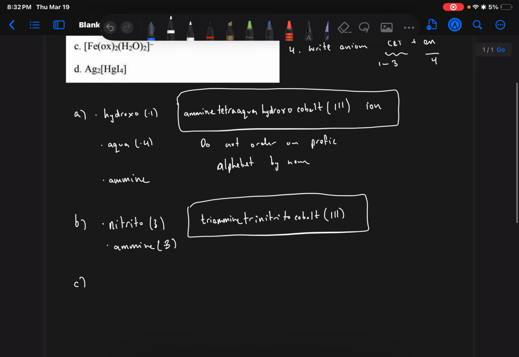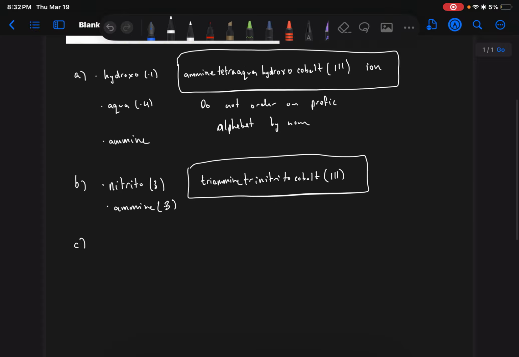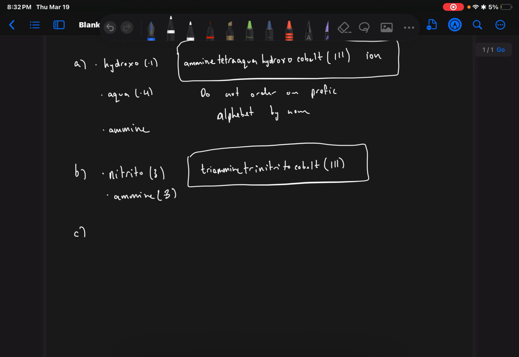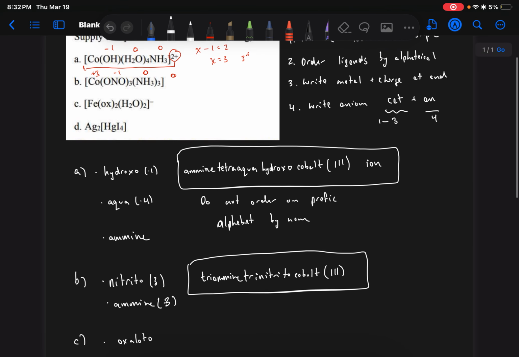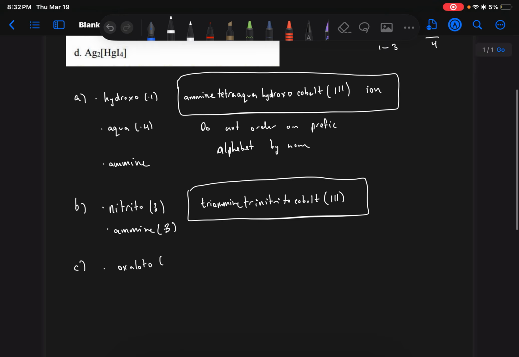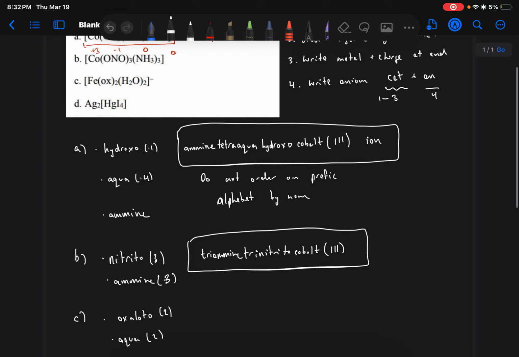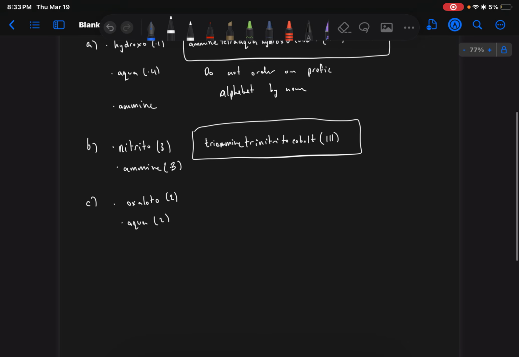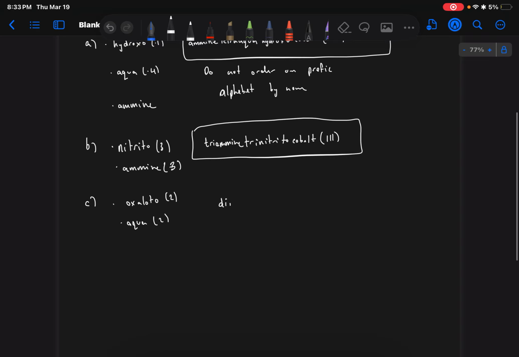Okay, next part. So here we have oxalate. OX. But in this case, it's called oxalato. I don't know exactly why. I think we just have to memorize this. Do I have these memorized? No, not yet. I will, though. Trust. Oxalato, 2 of them. And then we have aqua, 2 of those. And then we have iron, which we will get to in a bit. So, again, alphabetically, we have aqua,